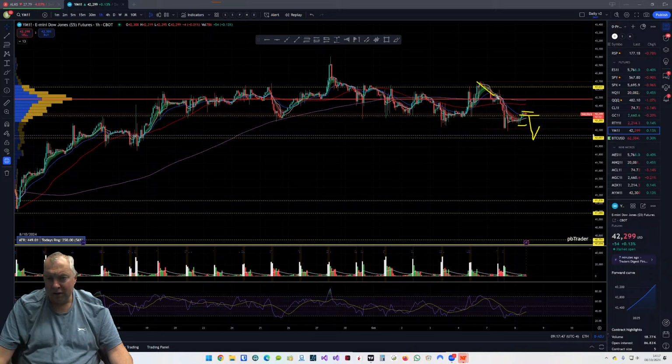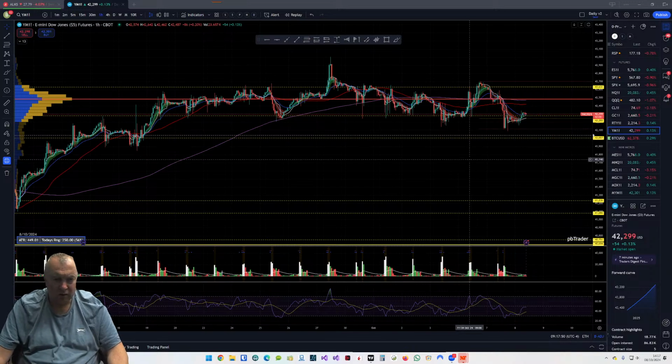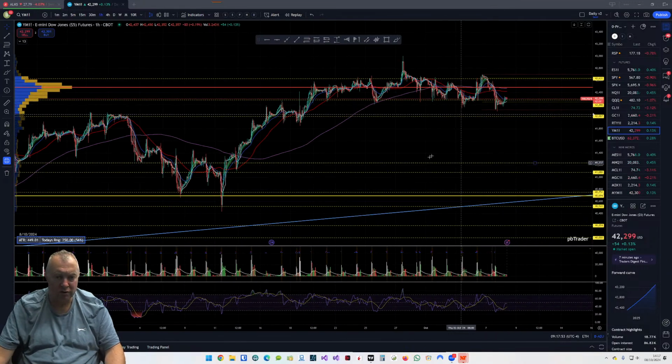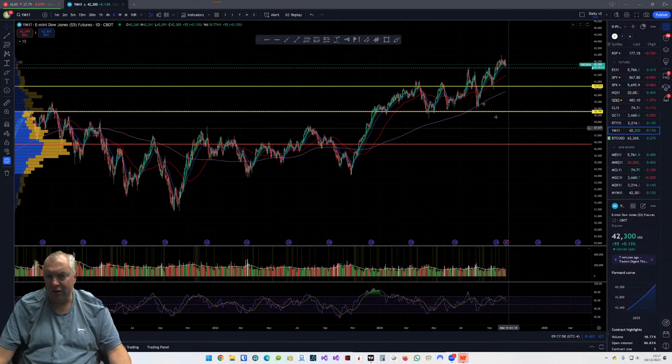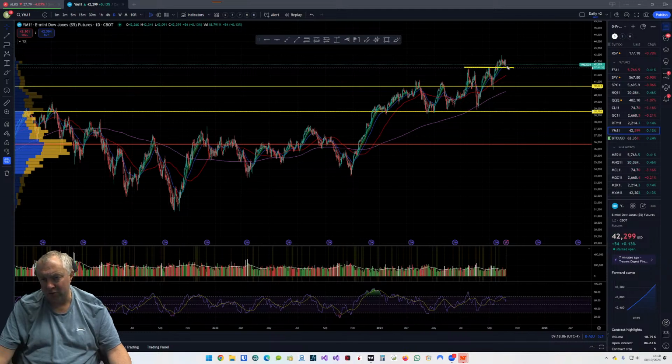We're on a bit of a 2-day downtrend, but if we go to the daily, it's still in an uptrend. So it's just a pullback in an uptrend at the moment. But we do have, like all the other charts, we'll go back to ES and analyse the daily, we do have that bounce area. There's a key area, and it looks like we bounce from it. So if we lose this area, which is around 42,000, then potentially we could be looking for a bit of a pullback, maybe to these levels. But if we hold this area, we're just going to continue either going sideways or creeping up.